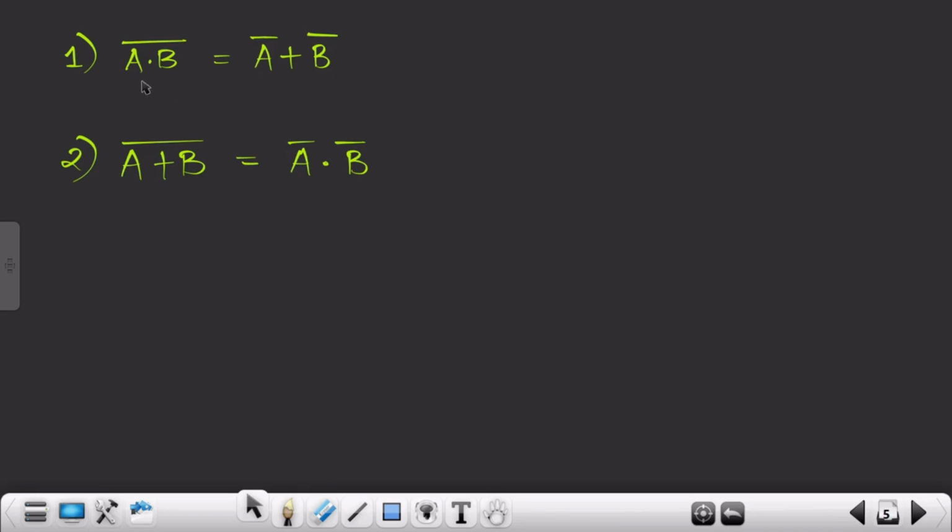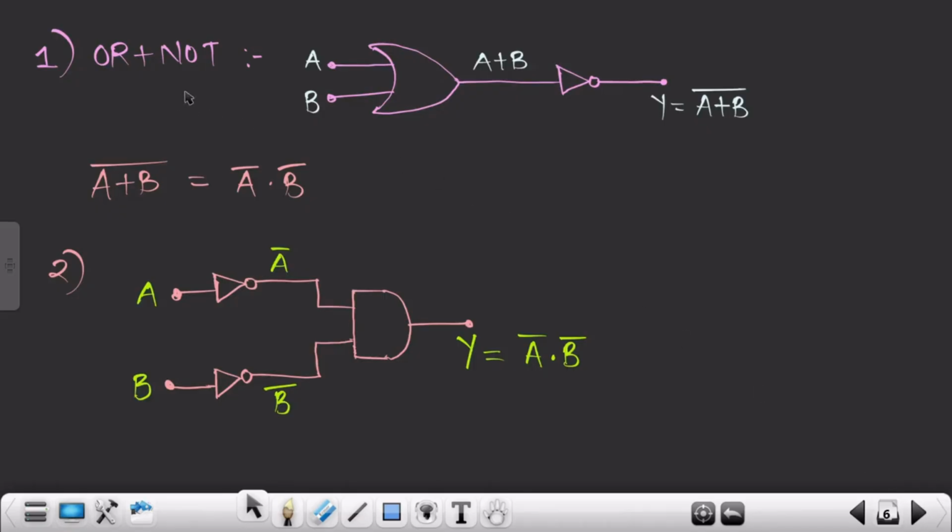Another thing we should notice is that whatever sign is present at the LHS, if the LHS has multiplication, you have to do addition on the RHS, right? And if the LHS has addition, you have to take multiplication on the RHS, right? This is just a simple observation. All right, so then we saw that